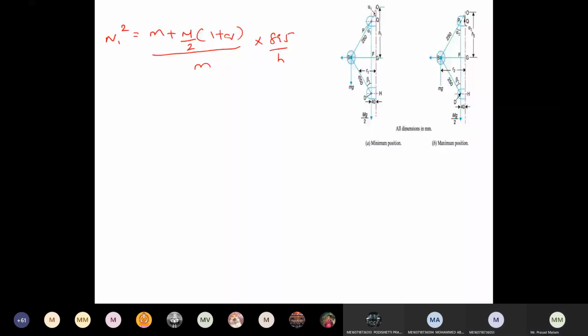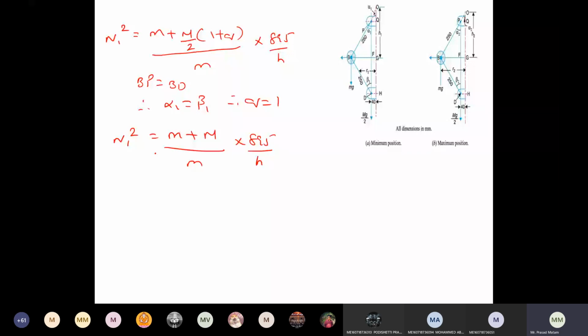Now what is the condition here? Upper arm is equal to lower arm. When upper arm is equal to lower arm, angle alpha is equal to angle beta. Got it? Here upper arm is equal to lower arm, that I can write as BP is equal to BD. Therefore, alpha 1 is equal to beta 1. Therefore, Q is equal to 1. When Q is equal to 1, what is the equation I can get? Small m plus capital M by M into 895 by H. Now, at N1, I am getting the height H1.